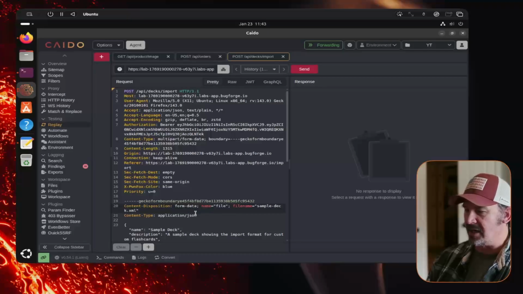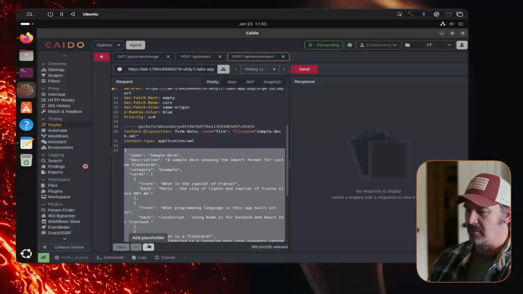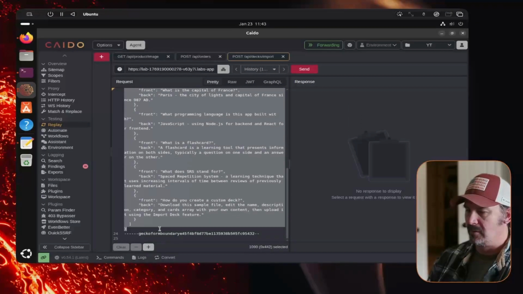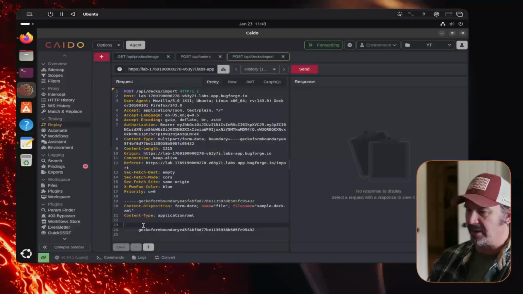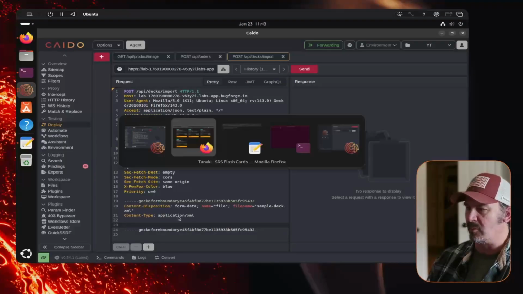So I'm going to change the file extension to XML, and I'm also going to change the content type to XML. Okay, so let's see here. I'm going to delete that for right now,